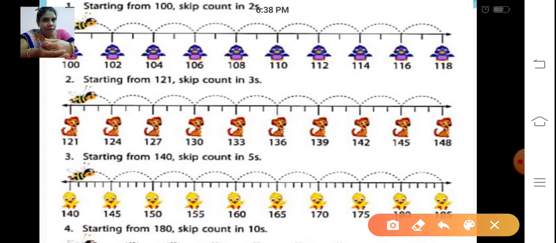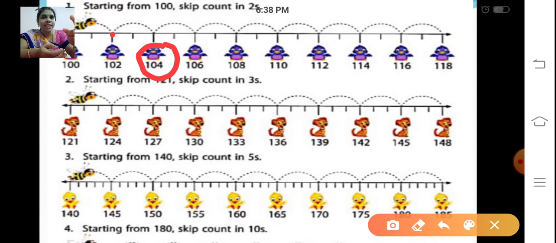So start from 100, 101, 102. So we skip 2 places. Now I have skipped 2 places. From 102, then 103, 104. Again 2 numbers, so 104. When you skip count in 2s, the starting number we have taken here is 100.